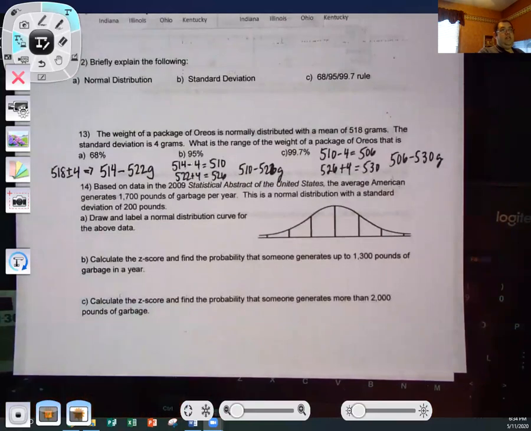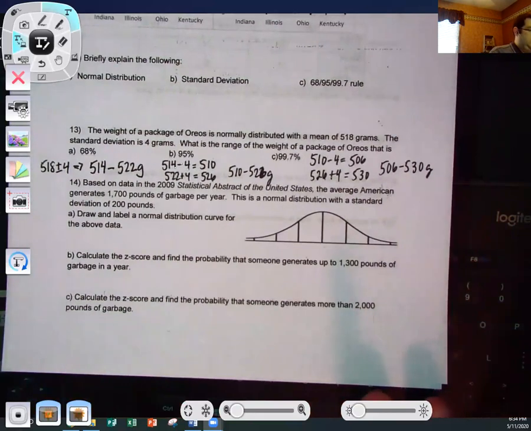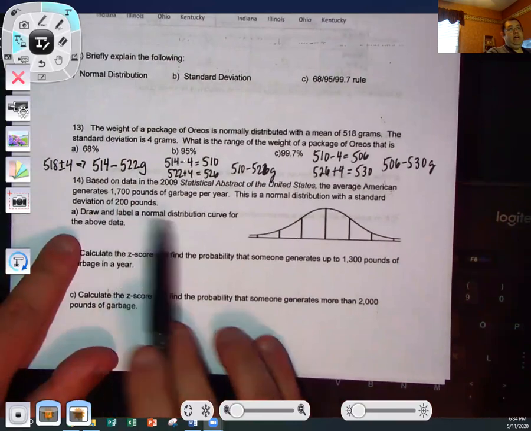All right. Question number 14. So based on the data 2009 statistical abstract of the United States, the average American generates 1,700 pounds of garbage per year. This is a normal distribution with a standard deviation of 200 pounds. So the first thing they're going to ask us to do is they're going to ask us to draw and